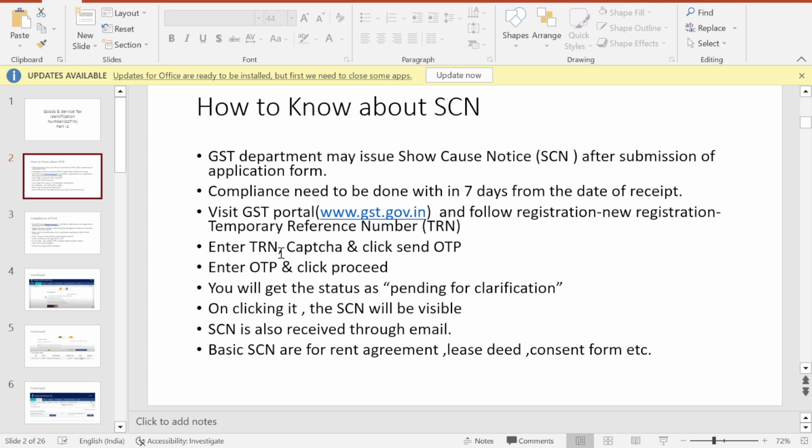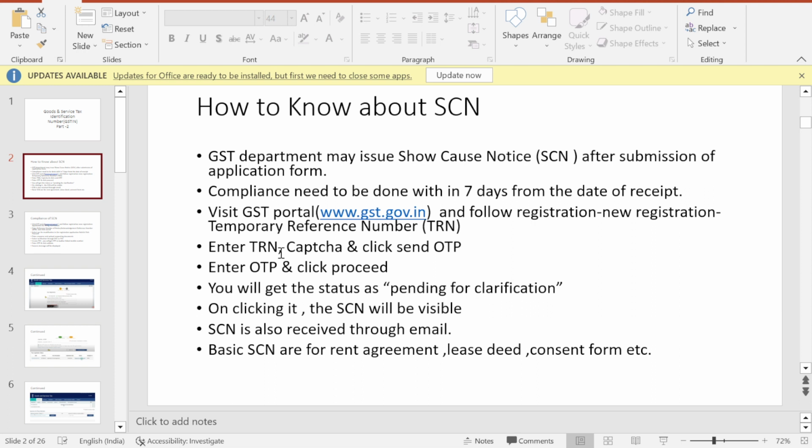Second, you can also check the status of your application, the status of ARN. Track your ARN is also available under registration on the GST portal. So these are the three ways to check whether there is any notice against your application or not.